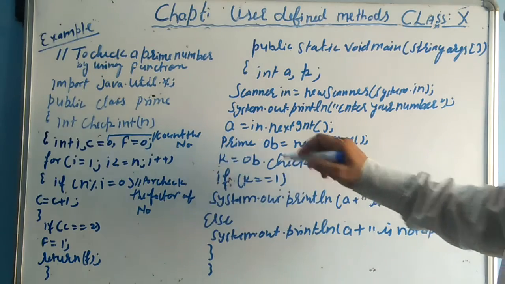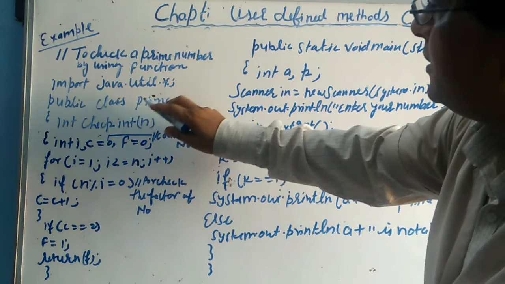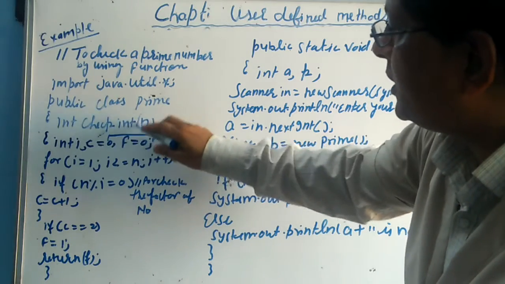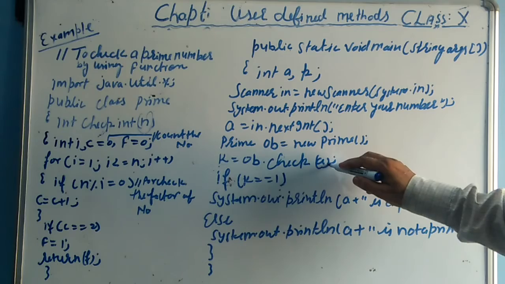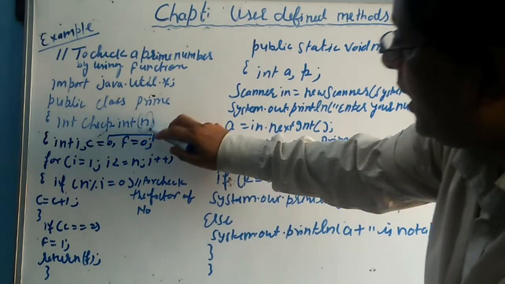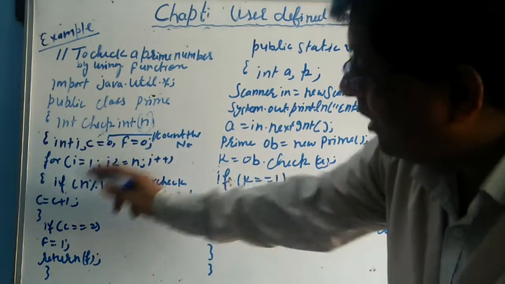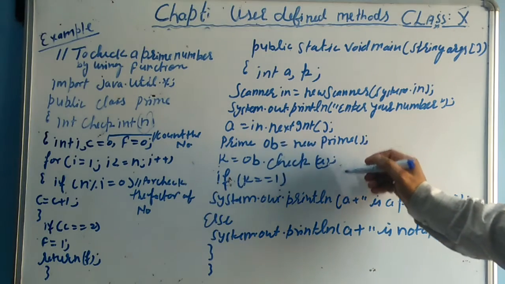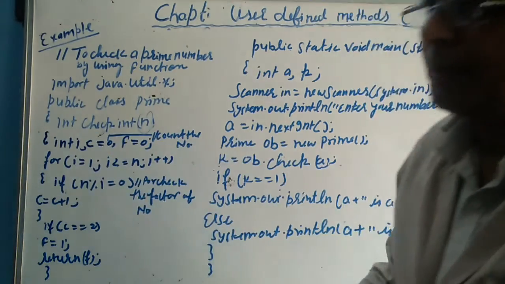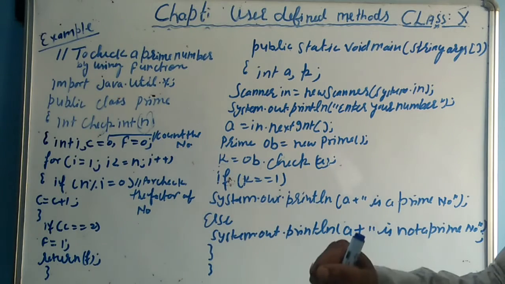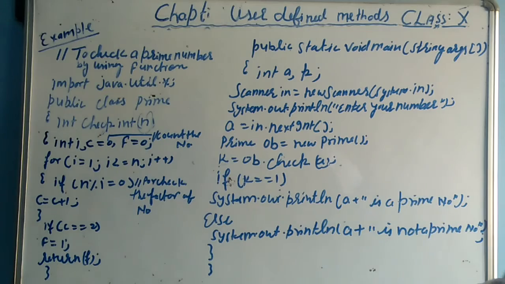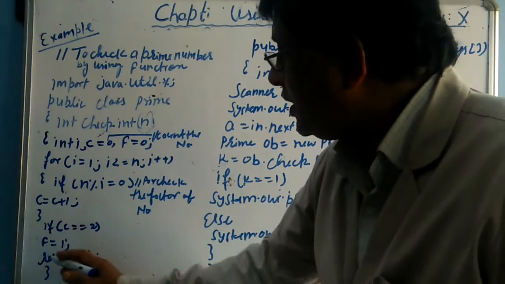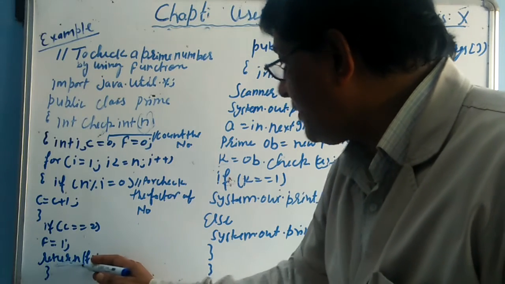And this is the check, and these are the parameters. This value will be converted into n, and after that it goes to the function. When you give the value of a, it will check one by one. Suppose you give the value of a as 5, 6, 7, any value, then it will be checked. After the processing, it will return the value.